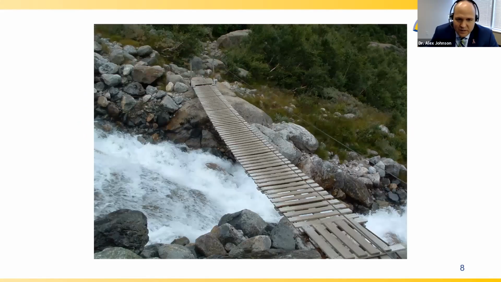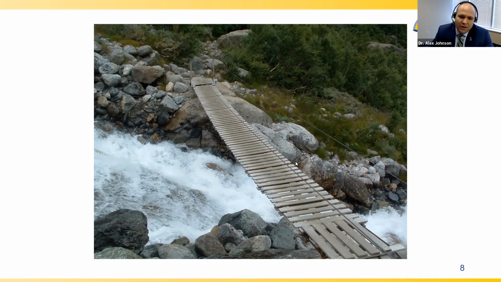And if you think of this bridge, this picture I took in Norway of this little bridge, a normal person walks across it, there's no problem, the bridge works the way it should. But say that person brings a herd of sheep with them across the bridge. Well, then maybe the bridge starts to sag, or even breaks. Or maybe the bridge is not maintained correctly, so it hasn't been used for a long time, and now it gets a lot of traffic, and the cable breaks, or even something catastrophic could happen. Say a boulder runs down here and knocks over the bridge. Well, then that would be a reason why it would fail.